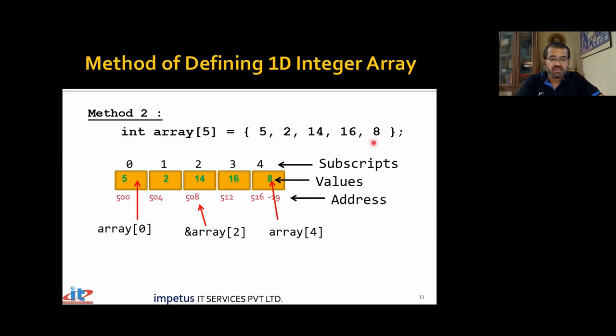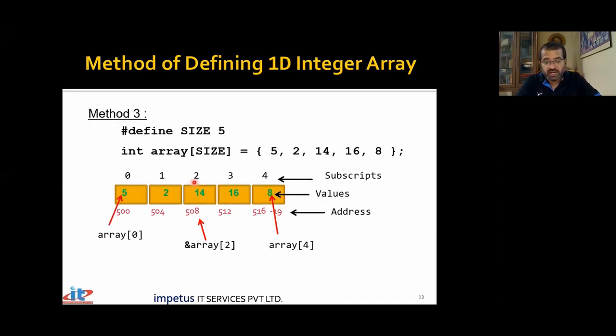And these are nothing but a set of initializers. Each element inside the set will initialize the corresponding element inside this particular array. First element with first, second with second, third with third, fourth with fourth, and fifth with fifth, and so on. All elements inside this array will get initialized. But that was not a very good idea.